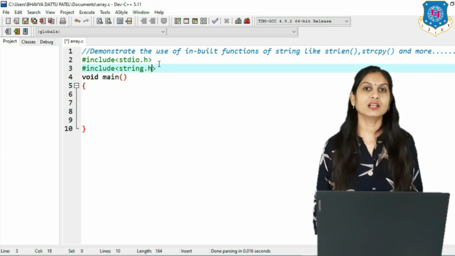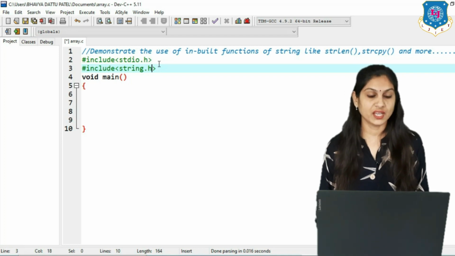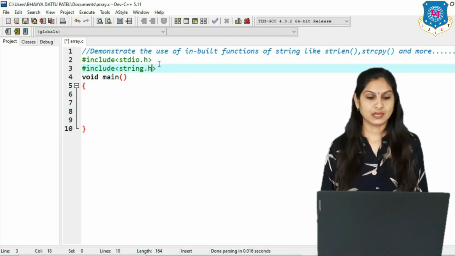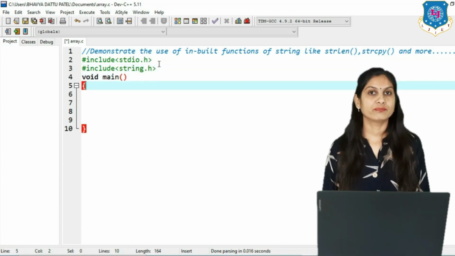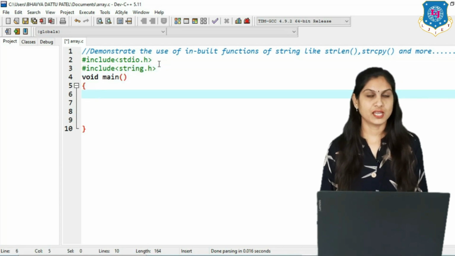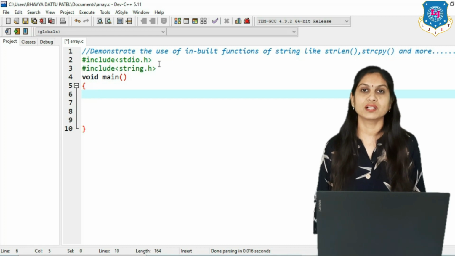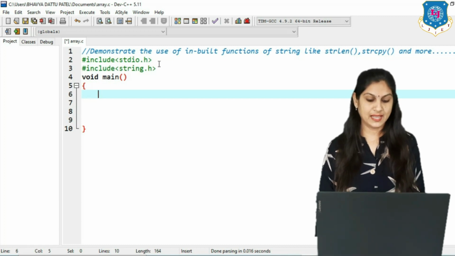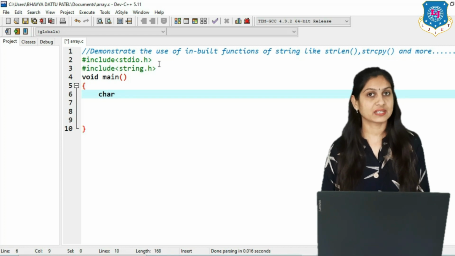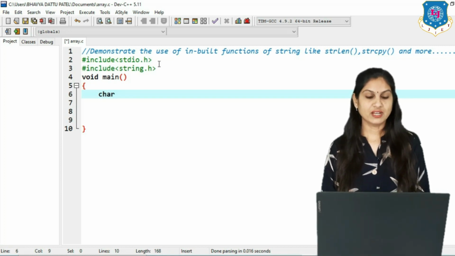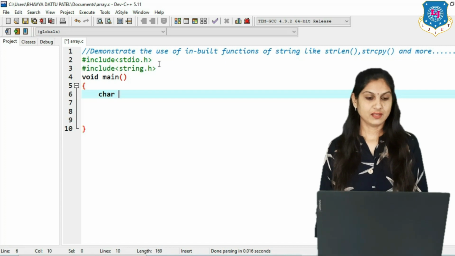All the inbuilt functions regarding string will be available in this library. Then remember the declaration of a string: we have to pass the data type like char, because a string is nothing but a collection of characters.